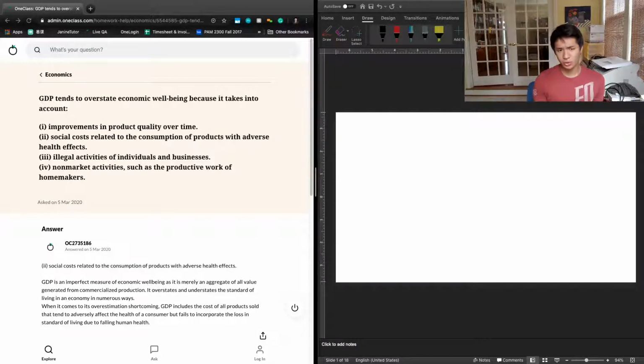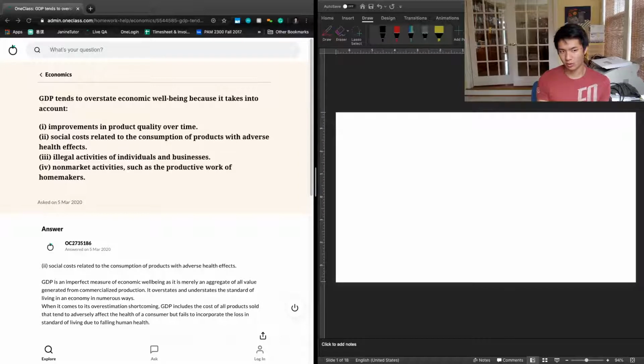2 says social costs related to the consumption of products with adverse health effects. And this might be the right answer, right? Because we understand that social costs are captured in expenditure on certain medical services or expenditure on products like tobacco or alcohol, which might be bad for you. Those are all included within our analysis of the overall GDP